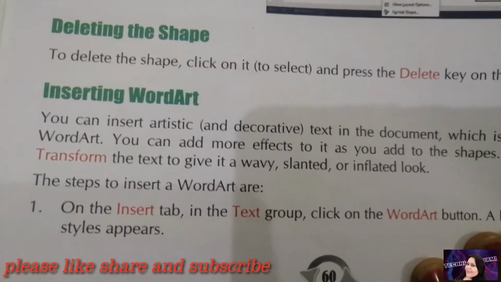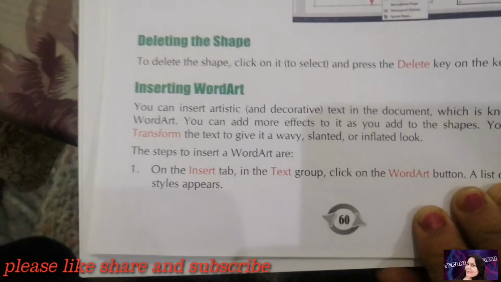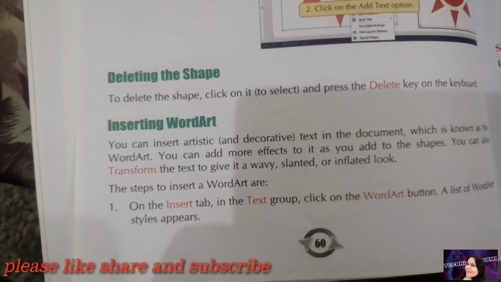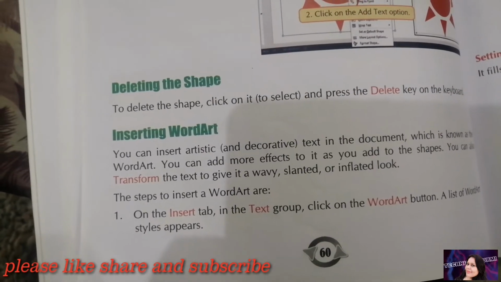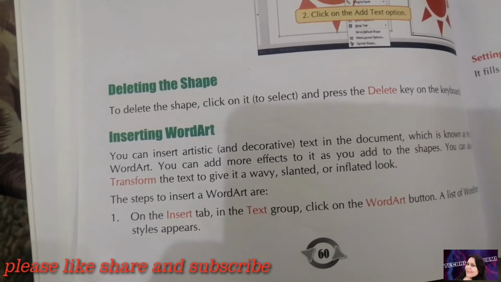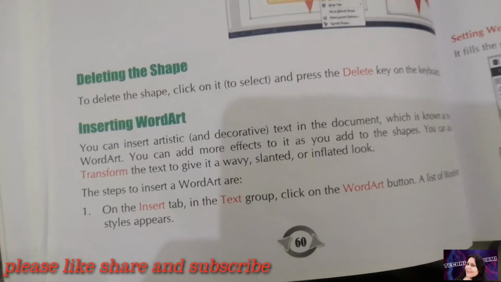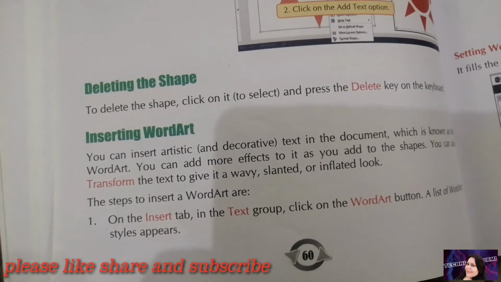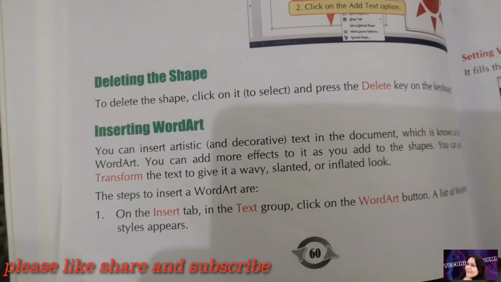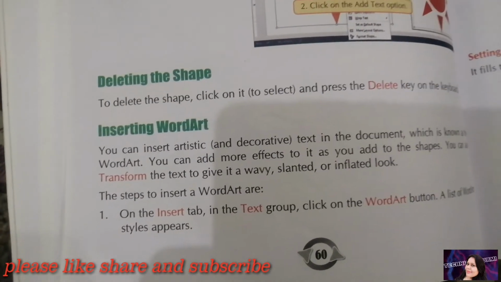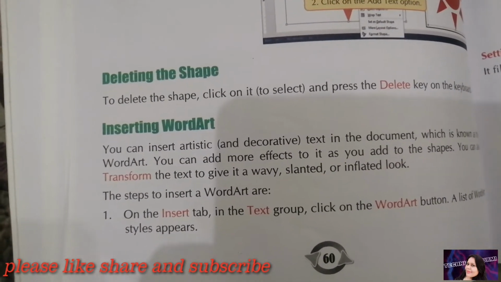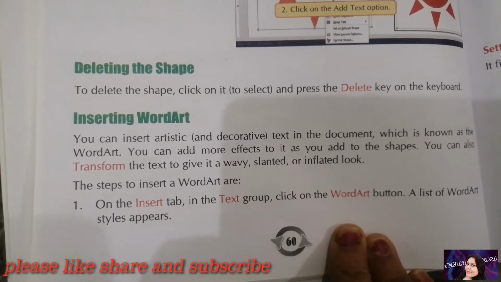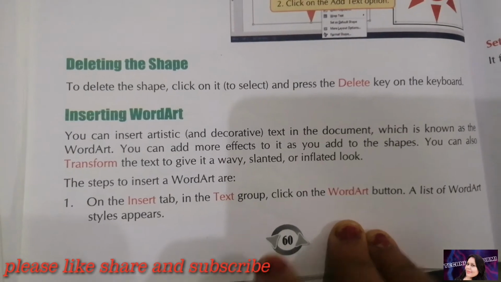Next is inserting word art. word art का मतलब क्या है, पहले सबसे पहले हम ये समझेंगे. You can insert आर्टिस्टिक वे और डेकोरेटिव वे और टेक्स्ट इन योर डॉक्यूमेंट. आप कोई भी टेक्स्ट है उसे अगर किसी भी आर्ट के स्टाइल में लिखना चाहते हैं, आप उसको कुछ डेकोरेटिव वे में लिखना चाहते हैं इन योर डॉक्यूमेंट, देन यू कैन बी यूज योर वर्ड आर्ट ऑप्शन. देन फर्स्ट ऑफ ऑल गो टू इंसर्ट टैब, देन टेक्स्ट ग्रुप एंड देन क्लिक ऑन वर्ड आर्ट.